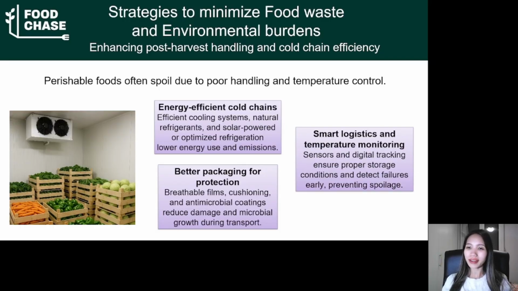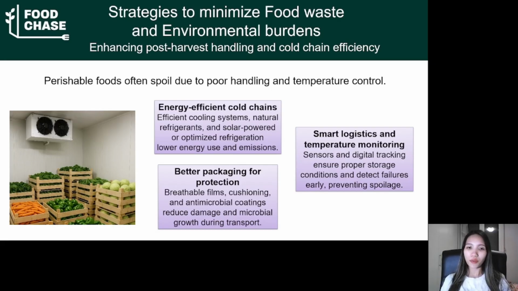Smart logistics and temperature monitoring with technology like sensors and digital tracking can ensure proper storage conditions and detect failure early, preventing spoilage. We can also use